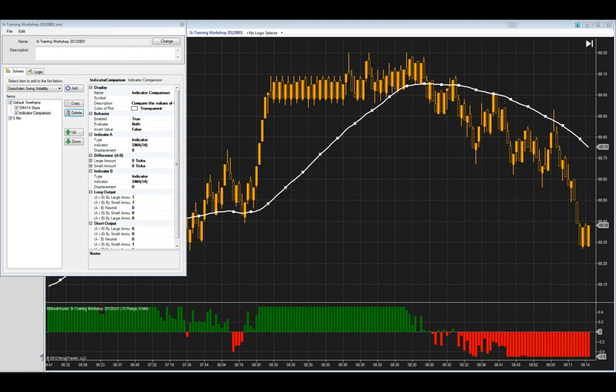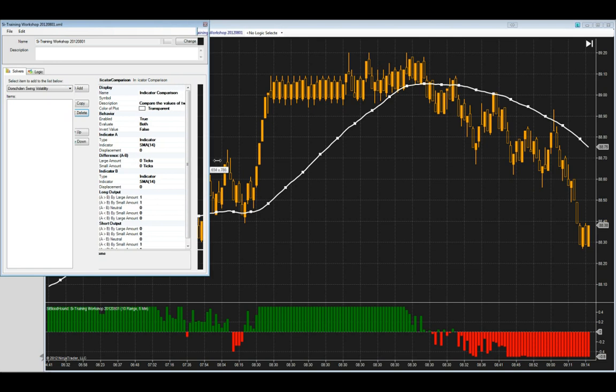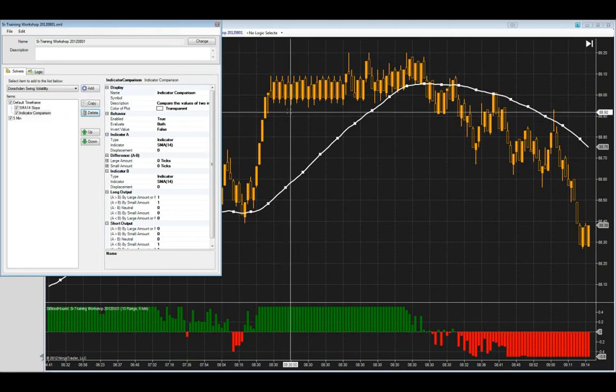All right, Thomas has another question here. Am I able to put different chart markers on the chart through BloodHound, like arrows, pointers, etc.? Thomas, probably fairly soon we'll get around to that. That's a very commonly requested feature for BloodHound, being able to put markers on the chart along with painting the background as well. When we get around to adding markers to the chart,